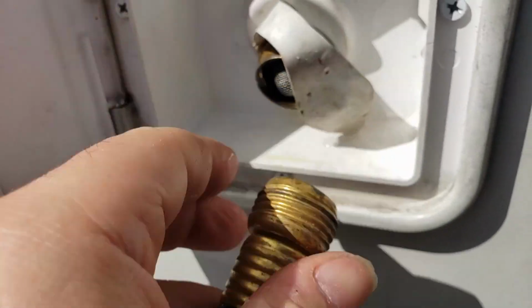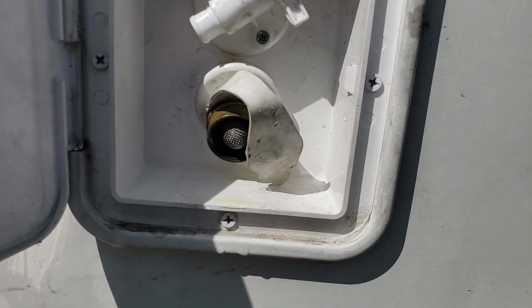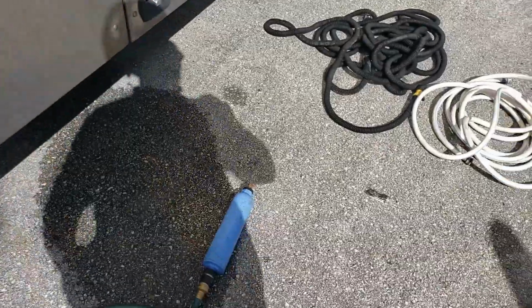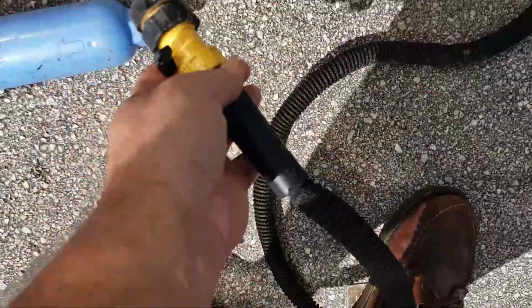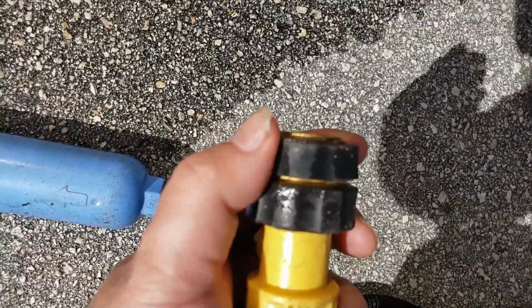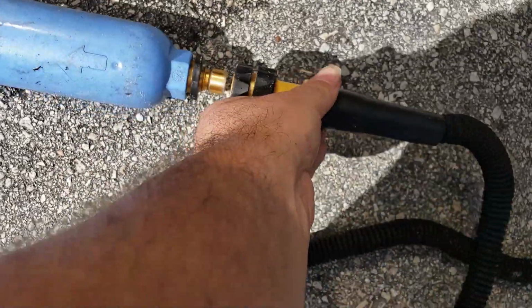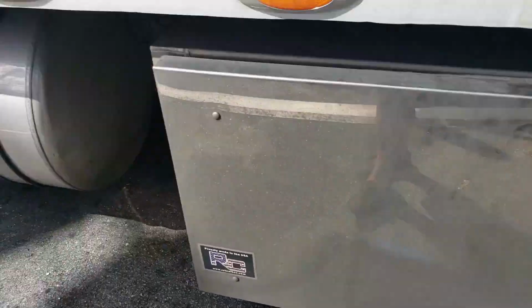And since I'm not actually filling it, I don't have a water supply where I am right now, I would make sure that's tight. I'll use both hands. And then I would hook the other end of this hose to this water supply. So this is spring loaded. It pulls back in order for me to put it on and off. I hook that together, and then once I start the water,